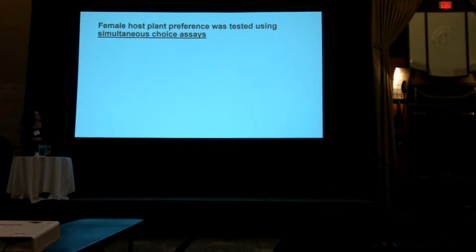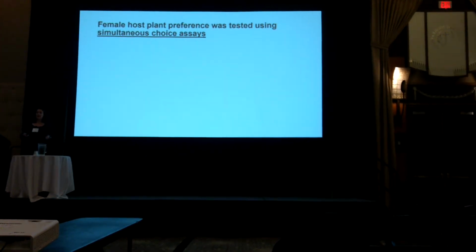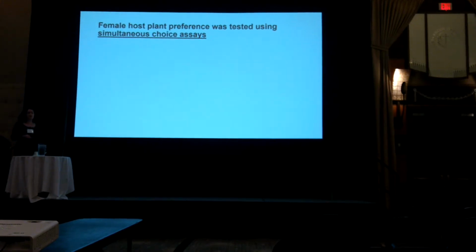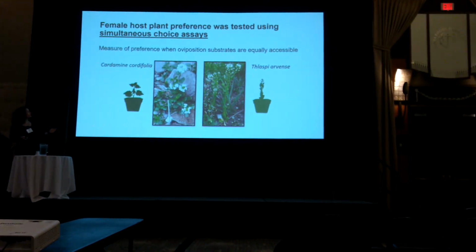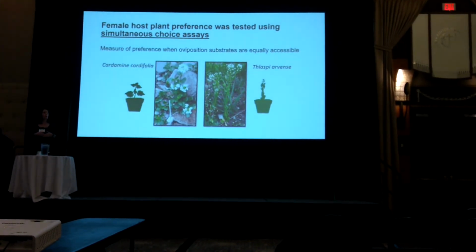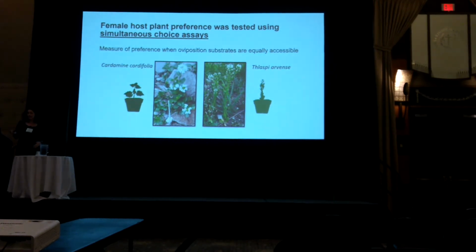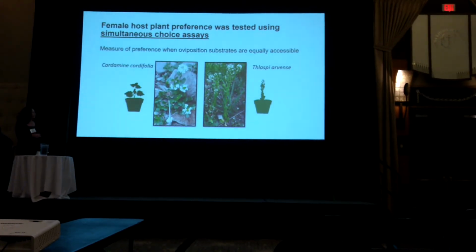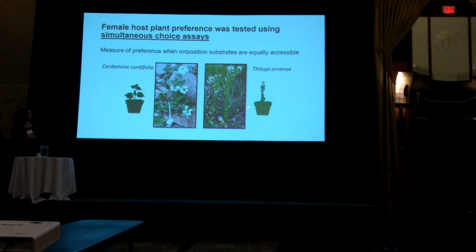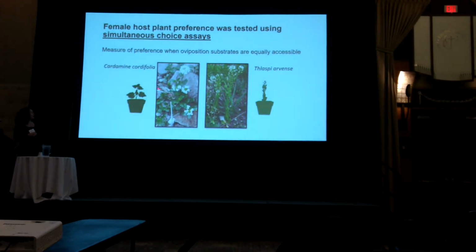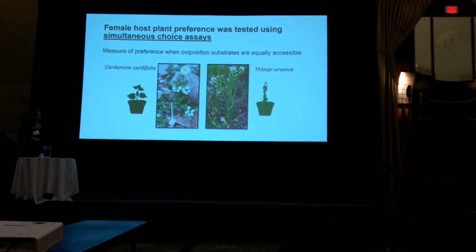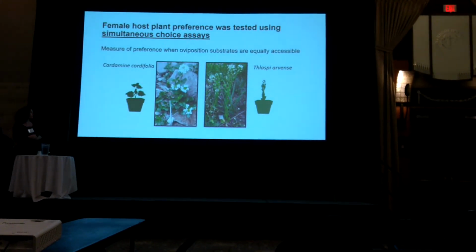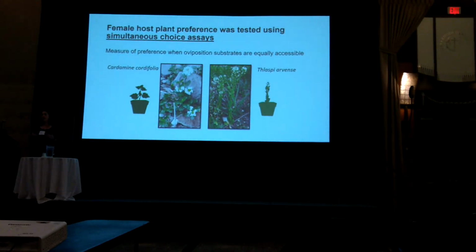We used a preference assay called a simultaneous choice assay, which is important because it's a measure of preference when oviposition substrates are equally accessible. In this case, we were comparing Lepidium draba, the invasive host, and Cardamine cordifolia, which is not the most preferred host, but very highly preferred, and it is by far the most common and most available host to